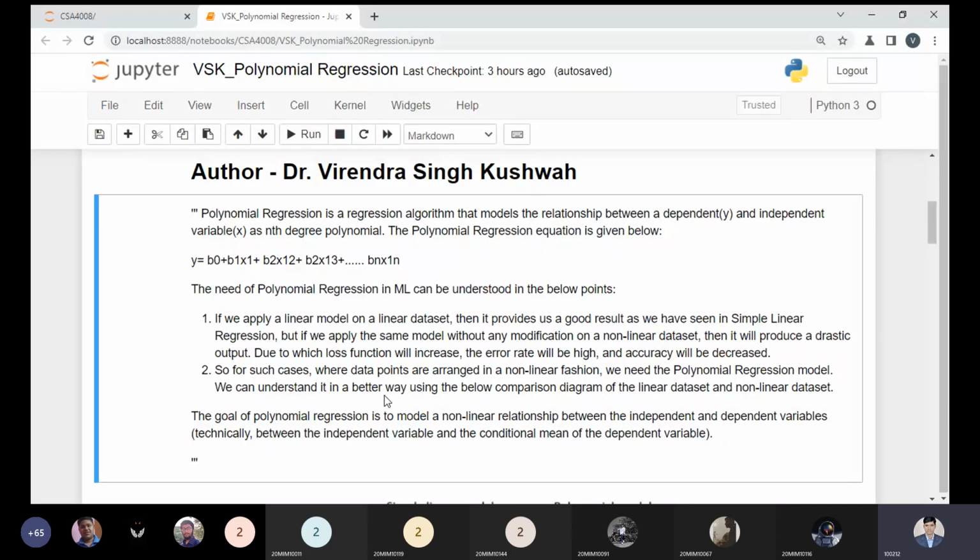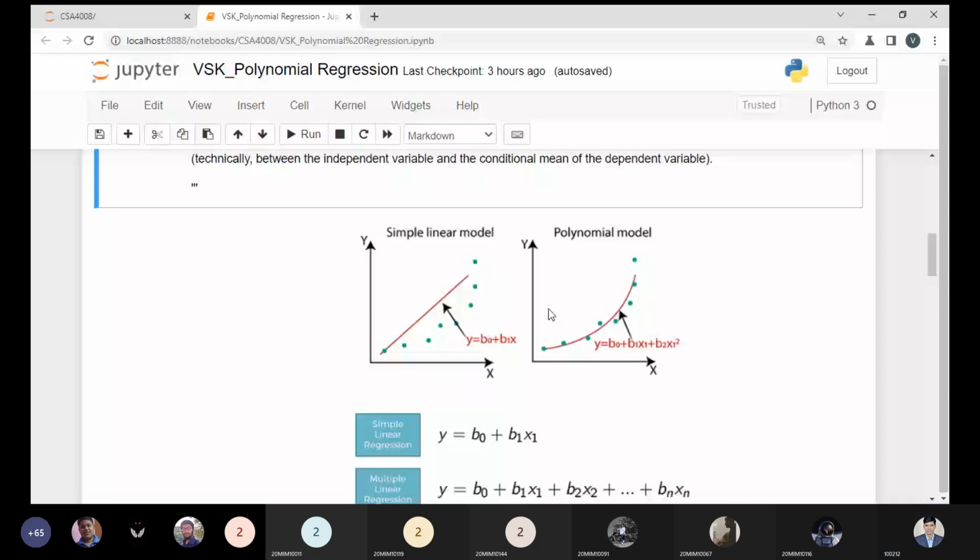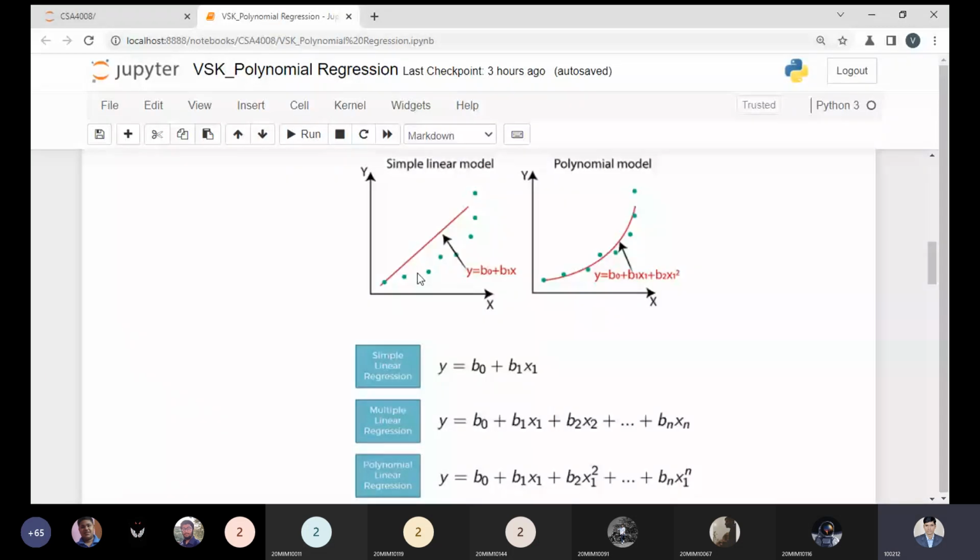Yes, sir. So these are the advantages. Let me explain this with the help of this diagram. In a simple linear model, we have the regression line, y equals b0 plus b1 x1, which we have created, and our data points are plotted. The y values we are observing are not all close to the line or on the line, so we can have many errors. In the polynomial model, with the help of polynomial equations, our data points are at least close to the line or on the line, so we have the minimum error. That is the biggest one.